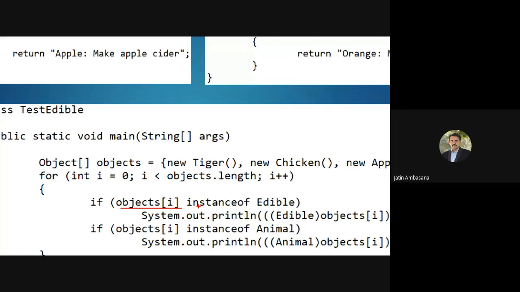We check whether it's an instance of the edible interface or not. So this is how we can make use of instanceof. We can use instanceof not only with classes but also with interfaces. You can check whether the ith object is an instance of edible. Then what do you do?